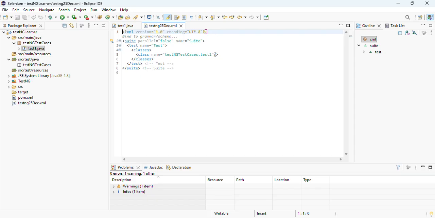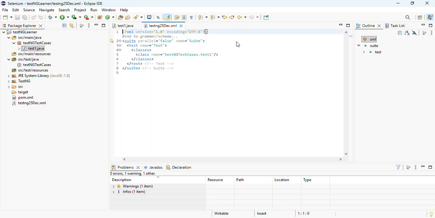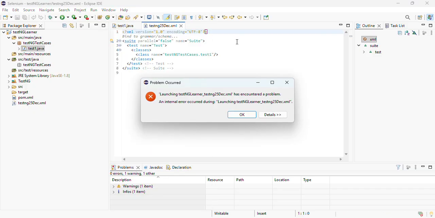Automatically already, while we created the TestNG test case, we were asked to create the suite file. This is the TestNG.xml file, which is called a suite file. A suite is containing everything, isn't it? A hotel suite is going to contain everything. Similarly, this suite is going to contain everything that you need to execute or control a regression test suite. Fine. So test1 is going to get executed. So how will we run this? Run as TestNG suite. Remember, if you are running a TestNG XML file onwards,